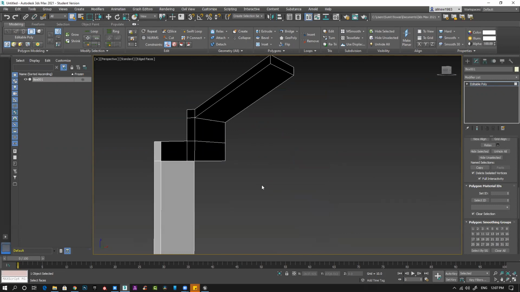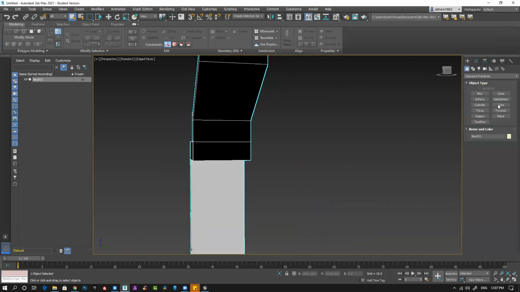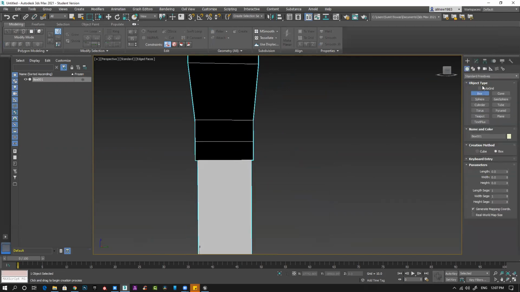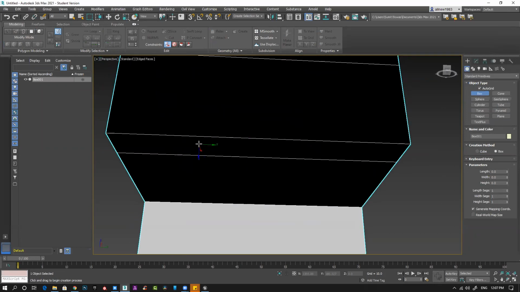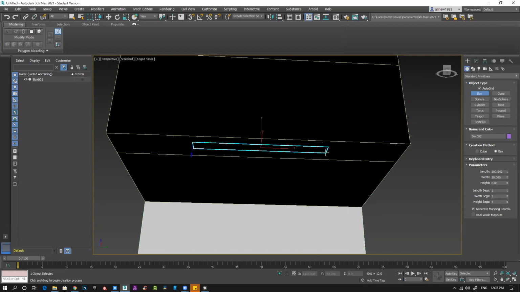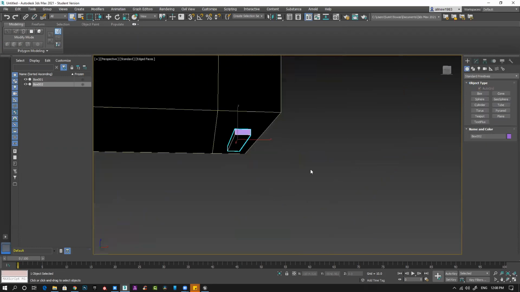Then suppose I want to create a light here or something. So let's go to box, auto grid. Let's create this box.